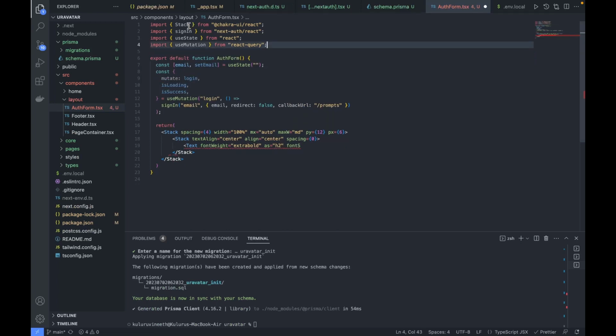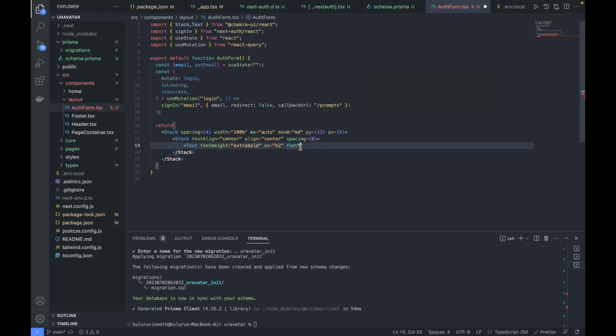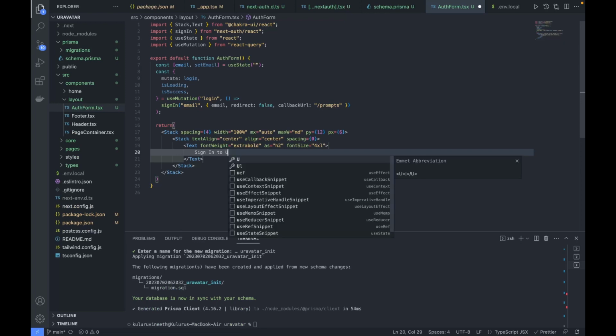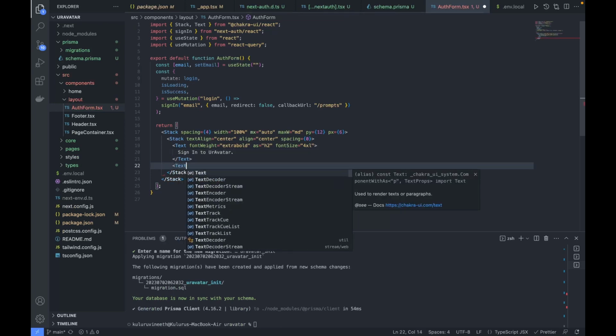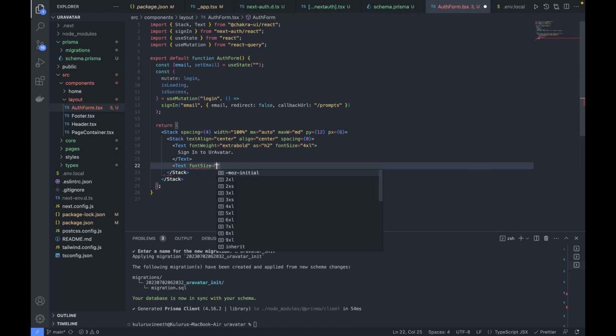So here, text. Okay, and font size I'll make 4 times extra large. Okay, in this the text is "Sign into your avatar." Okay, yeah. Then after this one more text, let's give font size as just large. Here we'll